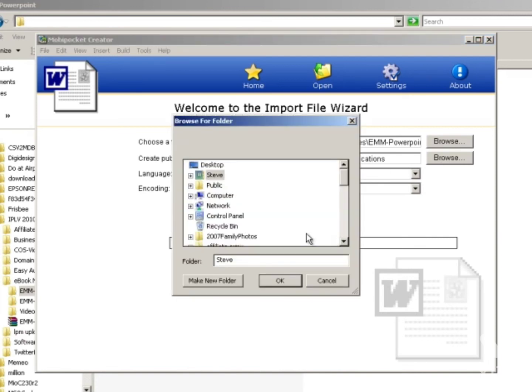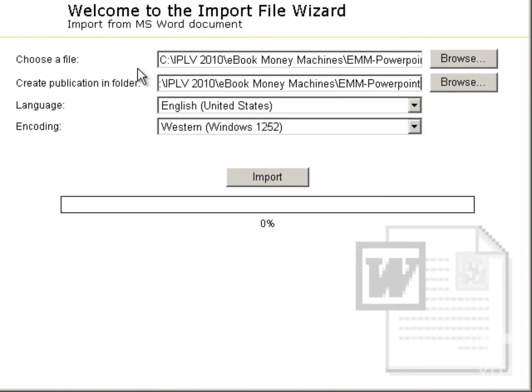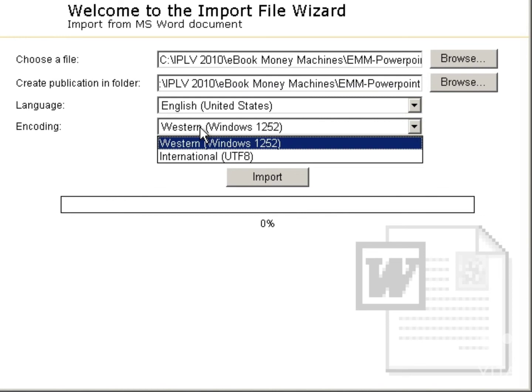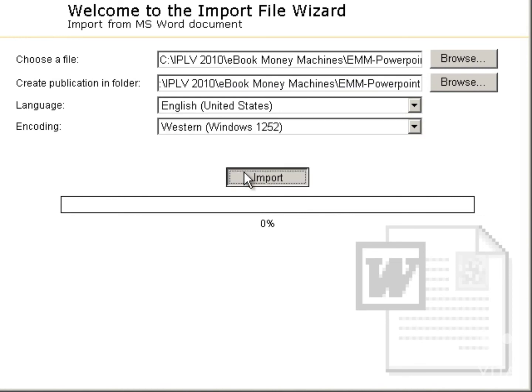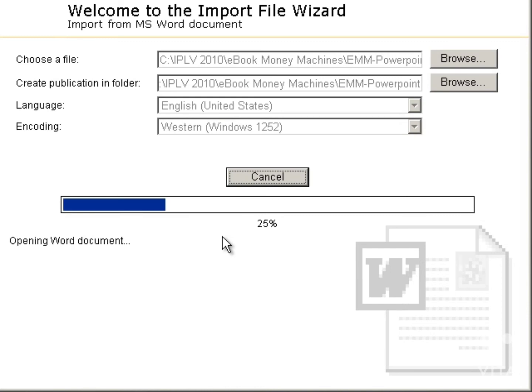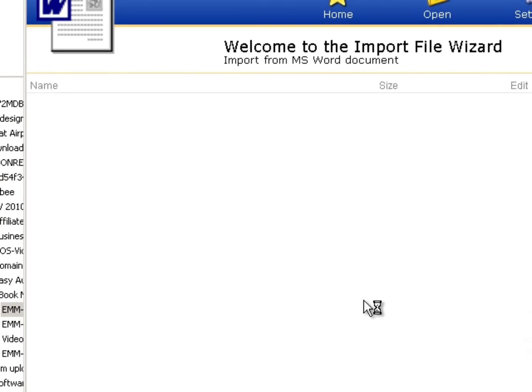So I essentially just want it to be in the same folder. And language is going to be English, and encoding is going to be by default Western. So I'm going to click on import, and within a few seconds it should save it to the HTML file.